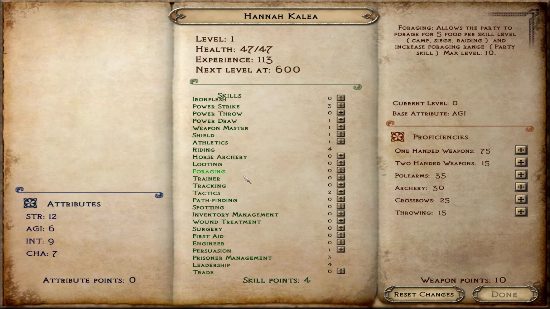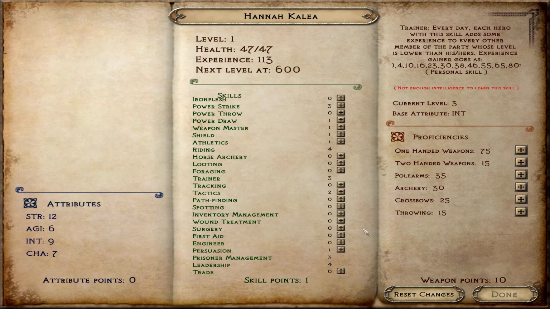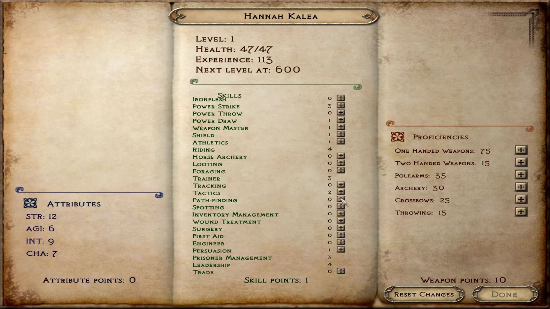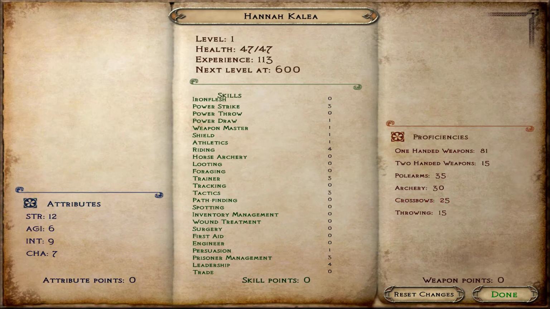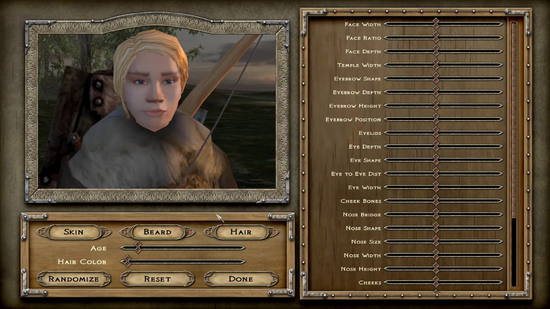Let's go training, 3 points. And then we'll go with tactics up to 3, that would be lovely. Do we do the same two-handers? Let's go one-handed and shield, just to mix it up this time. And I'm going to do something a little different with the...